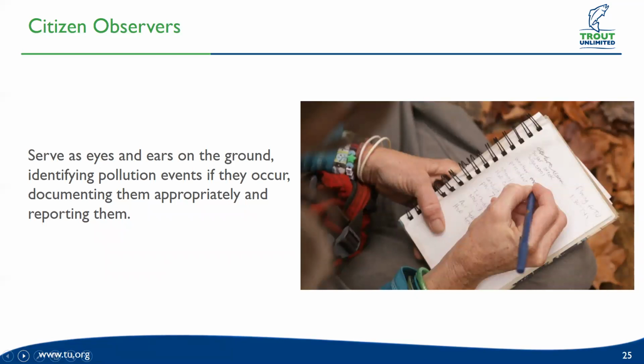So the purpose of this program is to have citizen observers. You know, we don't have enough inspectors to cover all 300 and some miles of the pipeline construction. And so the citizens, you guys that are learning about this stuff, can serve as the eyes and ears on the ground to be able to identify pollution events as they occur and then document them and report them so that we can report them to the agencies, and the agencies can send their inspectors out to follow up on them. So you guys are really the first line of defense that these streams have